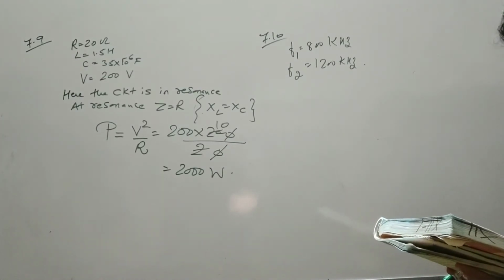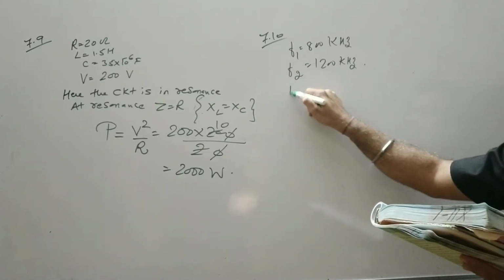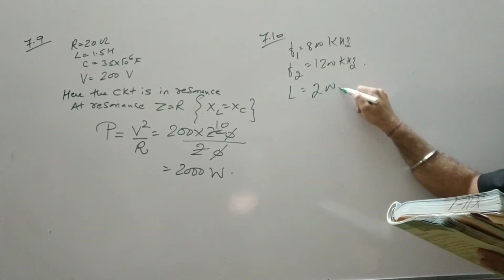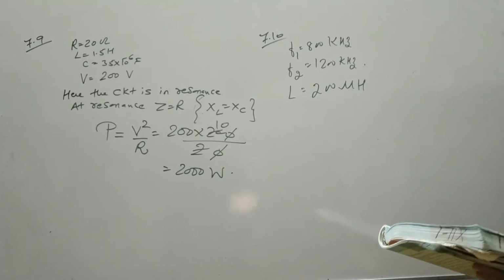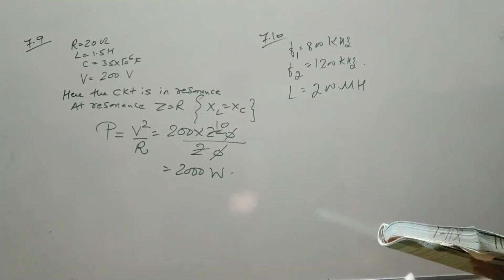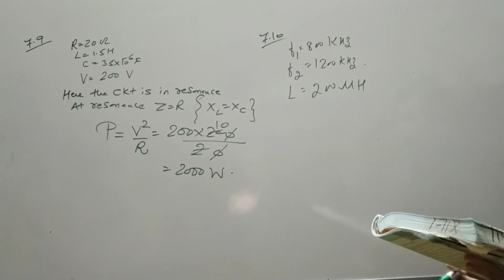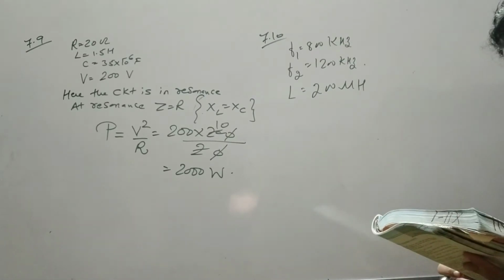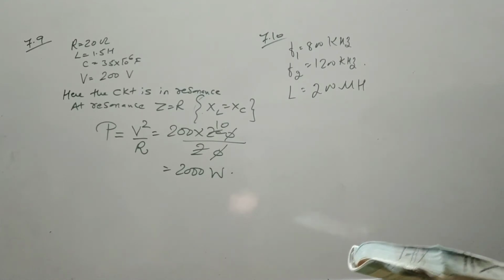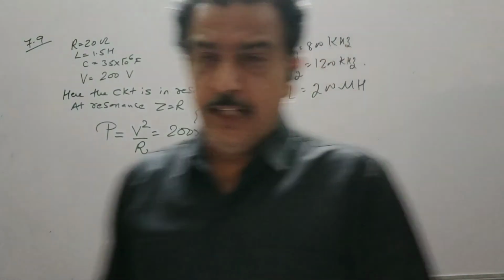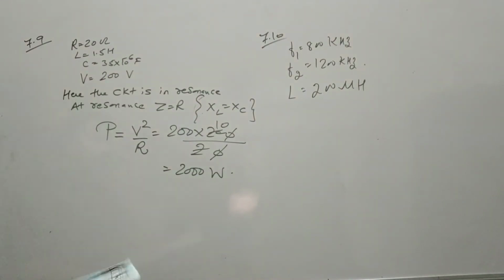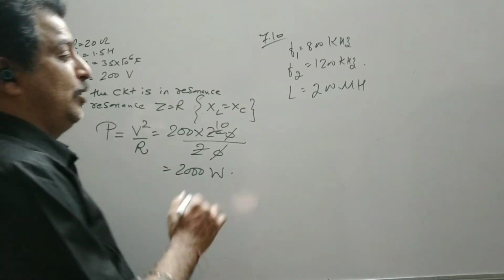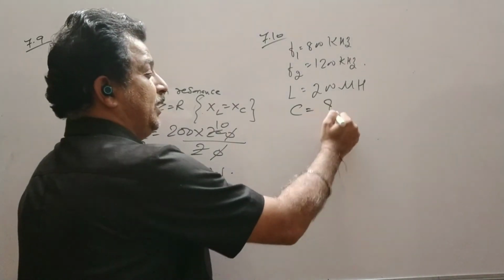If its LC circuit has an effective inductance L equal to 200, we know that for resonance XL is equal to XC. So the LC circuit plays an important role. And we will also see for the LC circuit also omega is equal to 1 upon under root LC. What must be the range of its variable capacitor? So for tuning we know that the natural frequency of the system should be equal to the frequency of the LC oscillation circuit. We will again discuss this LC oscillation circuit. You have to find out C.